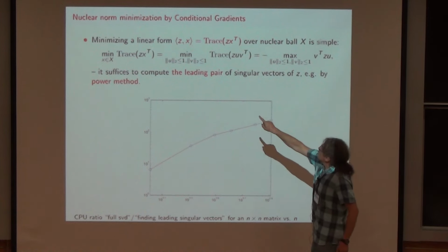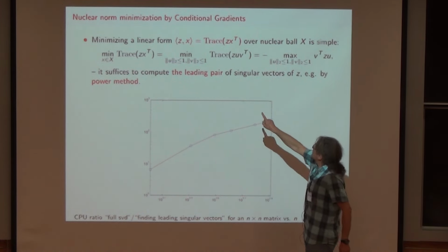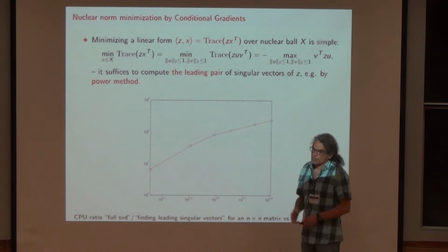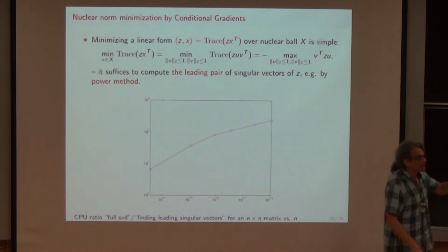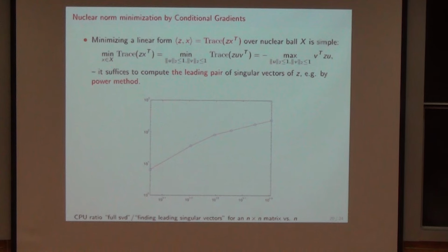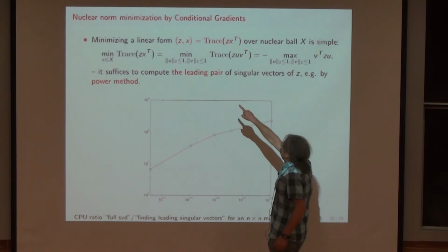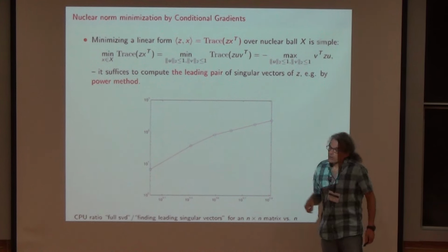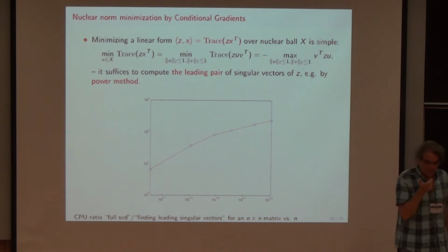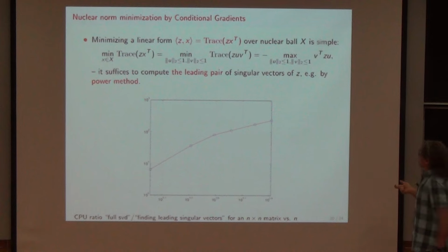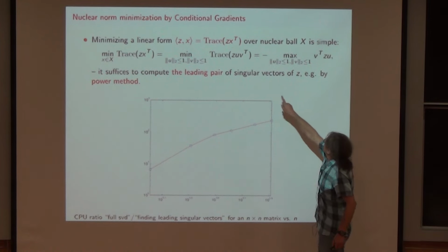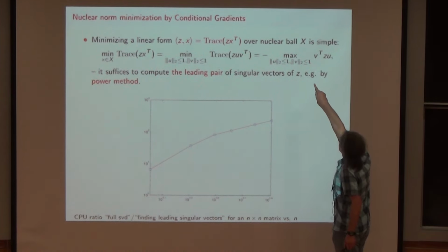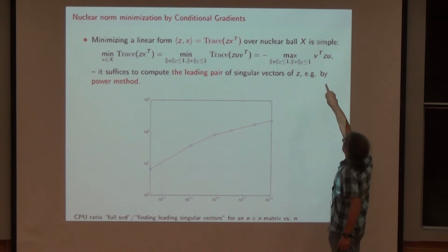It means just to minimize this trace. And the ball of the nuclear norm bounded by 1 is a convex set. When you minimize a linear function on a convex set, the minimum will be attained at an extreme point, and the extreme points of this set are just rank-one matrices U V transpose, such that the Euclidean norms of these vectors are bounded by 1. So you have to minimize just this trace, which will be minus the maximum of U transpose